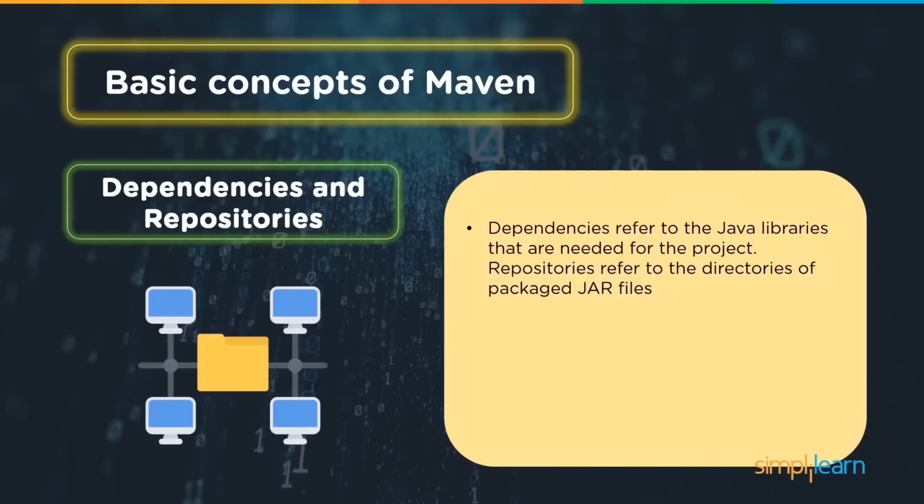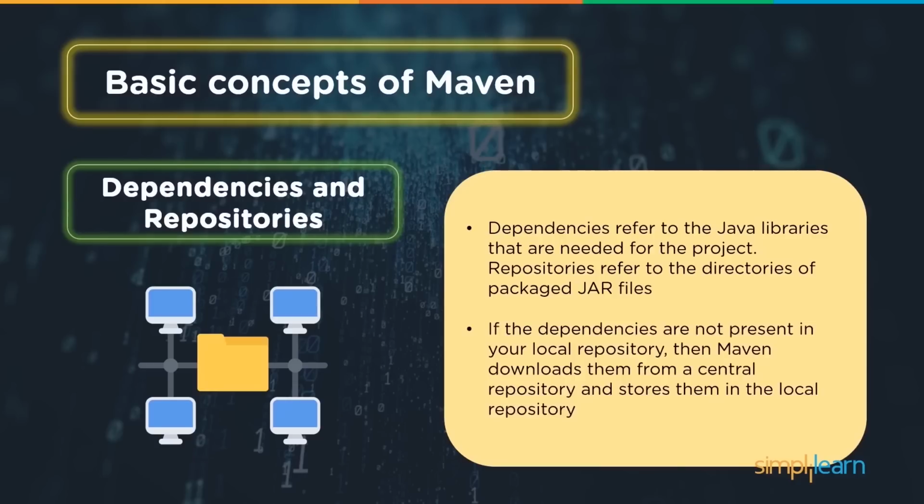Right, now the second thing is dependencies and repositories. Dependencies usually refers to the jar files, so the Java libraries which we need in our particular project. While working on the project, we may have a couple of dependencies. These dependencies we have to download or refer to, and once these details are referred, we need to download these specific dependencies from the particular Maven